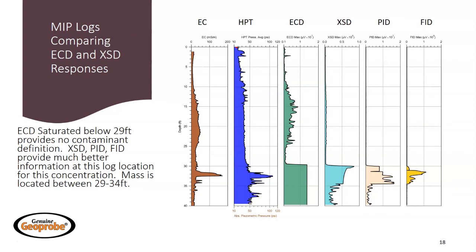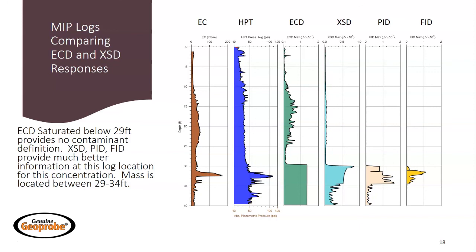The PID gain was adjusted twice, once at 31 feet and then again at 32 feet, with good data only being displayed below 32 feet. The FID in this log provides the best response with the proper gain adjustment completed by 31 feet, displaying a solid response here. When compared to the other detectors, we can see what they missed.